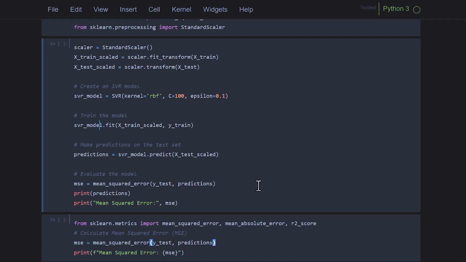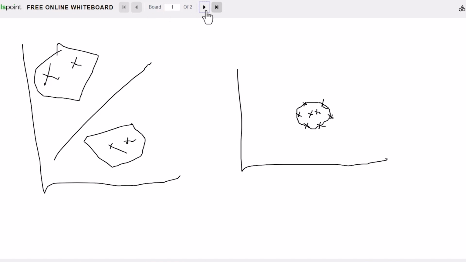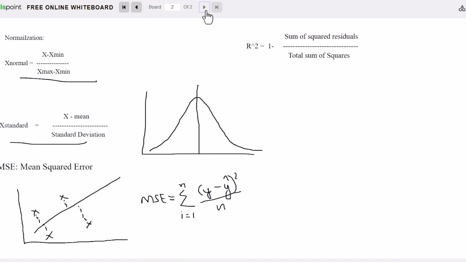And to see the accuracy of our model, we can use various metrics. Now I'm going to use MSE. MSE stands for mean squared error. And we pass those parameters, the testing data and the predictions that we made. So when we see the mean squared error and how it works,